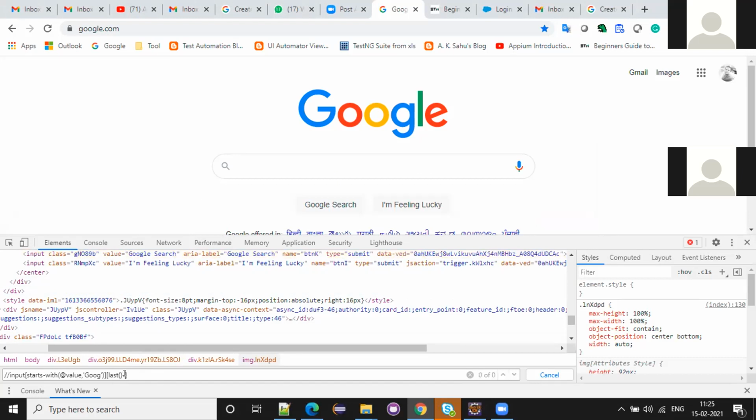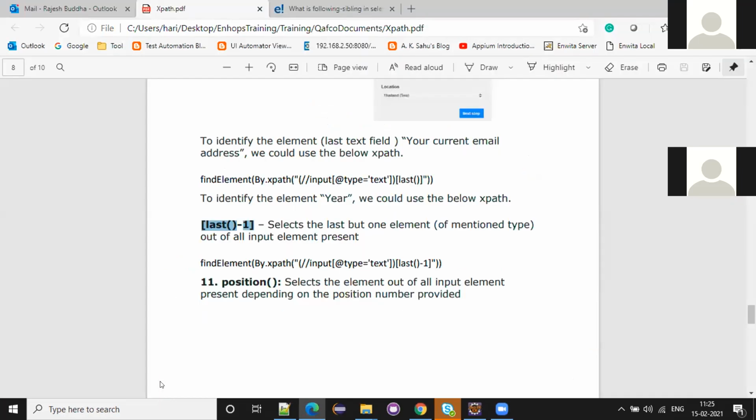Last minus one. See, I made a mistake. The mistake here is that I have to keep these double quotes here. Okay.